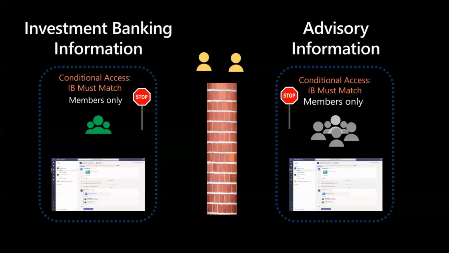And this is a very, very powerful security permissions mechanism, because as you can imagine, no matter what your permission says in the given site or file, the moment you flag a site as investment banker specific, then immediately it's the union of you must be an investment banker and you must have access to the SharePoint site in order to actually gain access to the content inside the site. So we believe this is really a transforming authorization and permissions model and will help many organizations that are in need of this for insider trading related regulations.